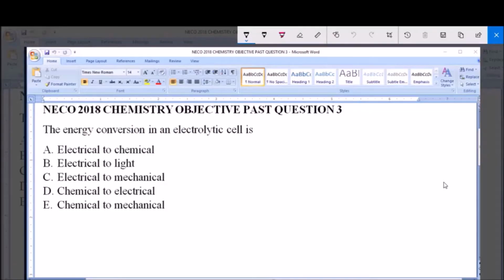Hello and welcome. I will be answering Neco 2018 Chemistry Objective Past Question 3. The energy conversion in an electrolytic cell is A. Electrical to chemical, B. Electrical to light, C. Electrical to mechanical, D. Chemical to electrical, E. Chemical to mechanical. So in an electrolytic cell, electrolytic cell is basically like the setup used in